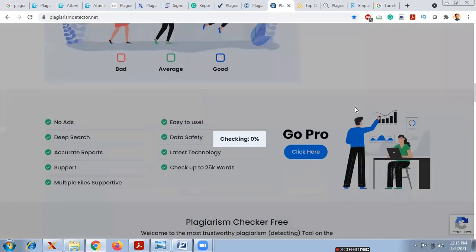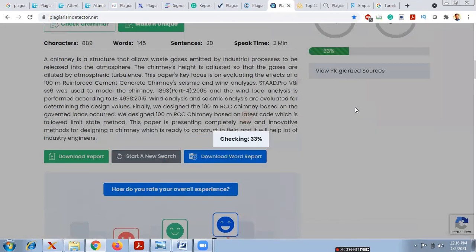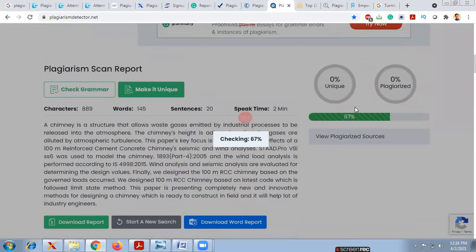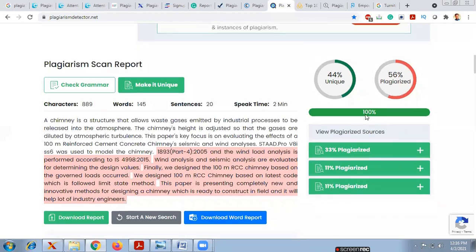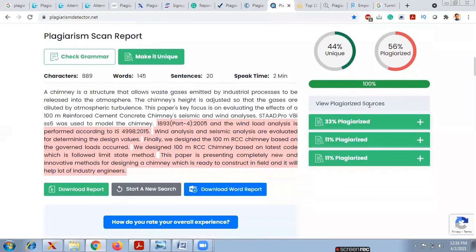Okay, so based on that, it will scan each and every sentence, and it will give you how much percentage is plagiarized and how much percentage is unique. So if you observe here, the unique content is 44 percentage and the plagiarized content is 56 percentage. And you can view the plagiarized sources from where the content was copied, you can see here, and you can download the word report also.